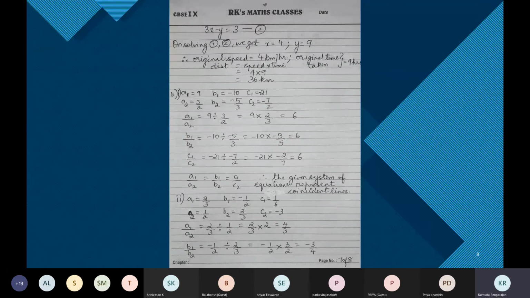Please complete in case you haven't. I'll keep the slide visible for 5 minutes, children. Please complete. Your presentation of the answer should be like this. If there's any deviation, please make a note of this answer.